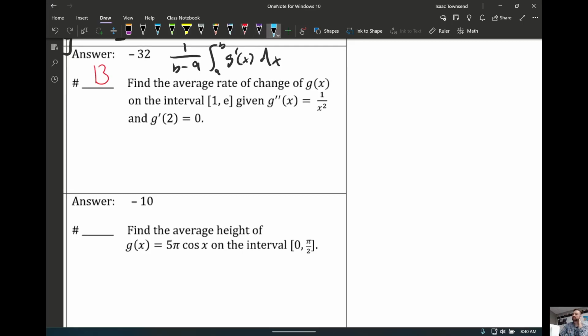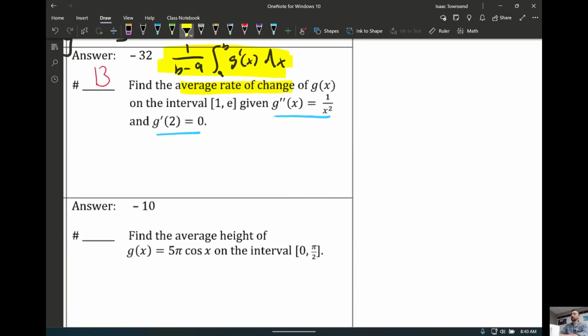But they really give you enough information here to find the first derivative, because we can integrate the second derivative to get the first derivative plus c, and then this allows us to solve for c. And then once we know what the first derivative is, we can plug that in here, where 1 is a and b is e, and that's the approach we need to take. But you gotta know what your options are when it says average rate of change for this question. If you don't know that you could do that with the derivative, then you're probably not going to know how to move forward. So if I integrate this guy,